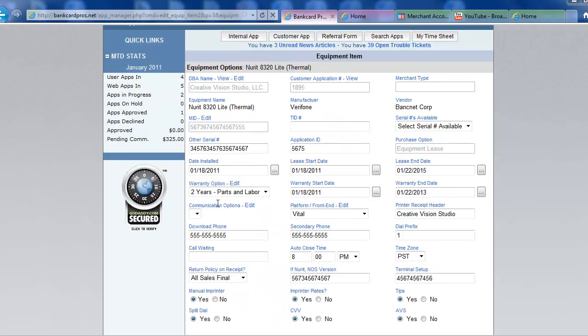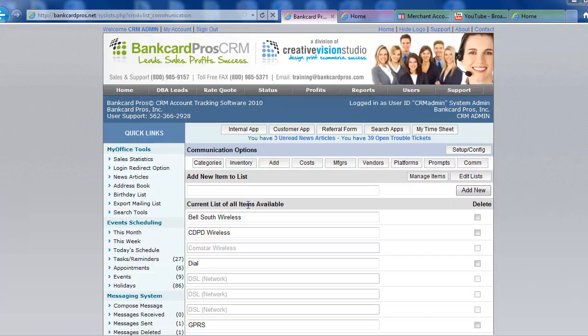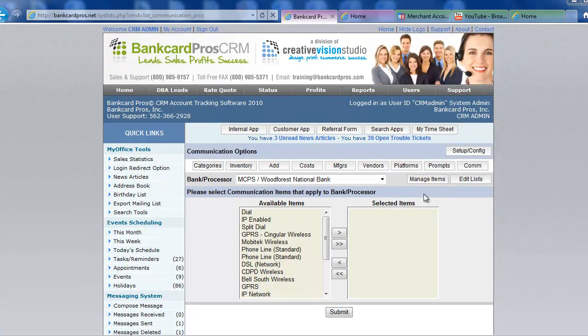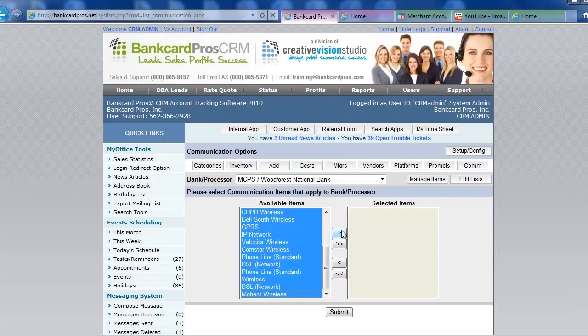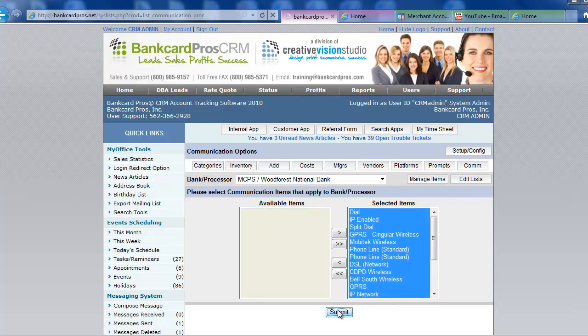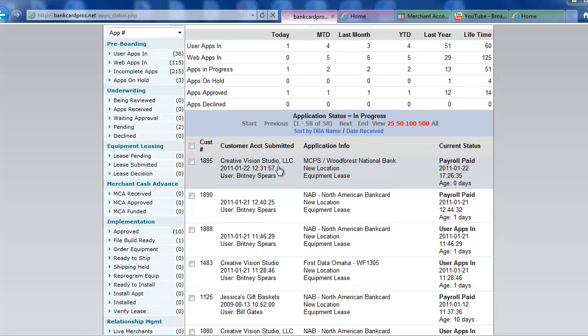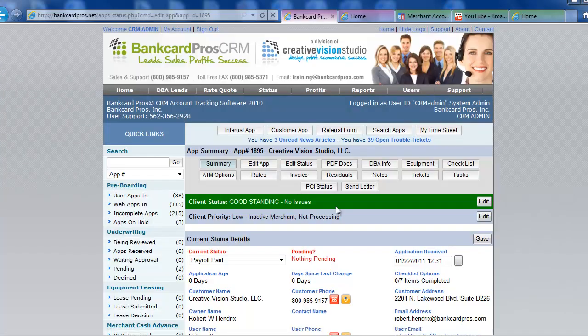Now, if you see communication options here and there's nothing there, as a system admin user, you can click on Edit and you can add all the items, and you're going to see nothing was selected. So what we're going to do is just select everything, move it over, and submit. Then what we're going to do is go back to that app in the status section, click on this merchant,